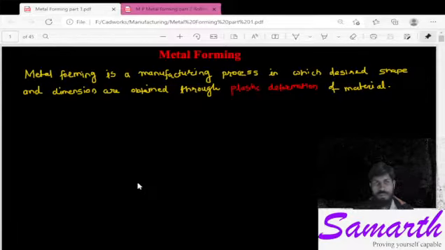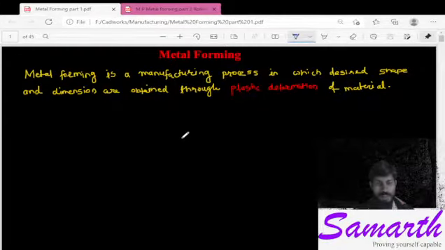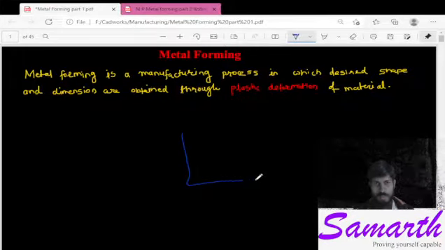topic is rolling. So in short, I will tell what is plastic deformation. If you see the stress strain curve in strength of materials, then there is a particular zone. For your information, I will draw a small figure here. Let us say this is a stress strain curve for